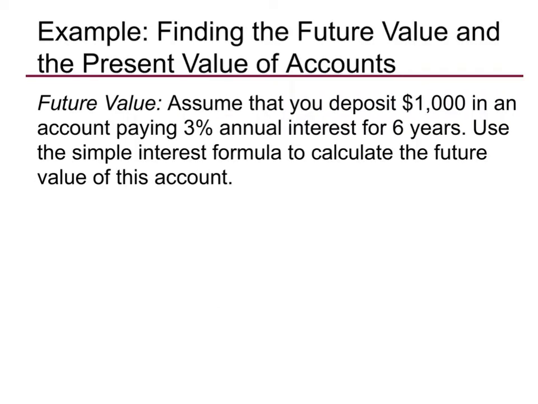So in this example, we're going to use that future value formula and find out what happens if we deposit $1,000 into an account at 3% interest for 6 years. Now, I don't just want the interest amount. I want to find the future value of this account. How much will I have in the future? So formula for this one, A equals P times (1 plus RT). A is the amount that I'm looking for in the future. P is my principal investment, $1,000. 1 plus the rate, 0.03 is 3%, times the time is 6 years. And if you type all of that into your calculator, you should get